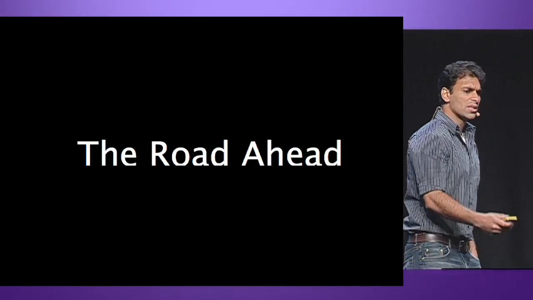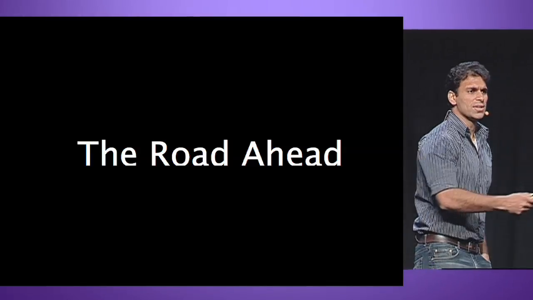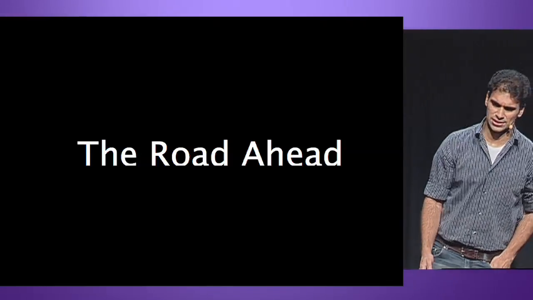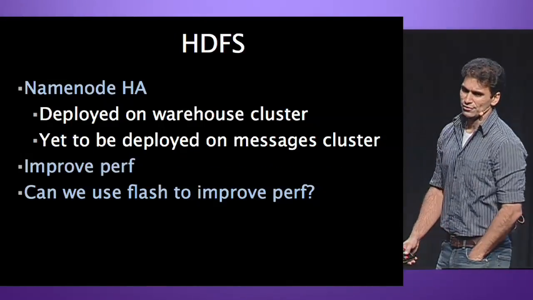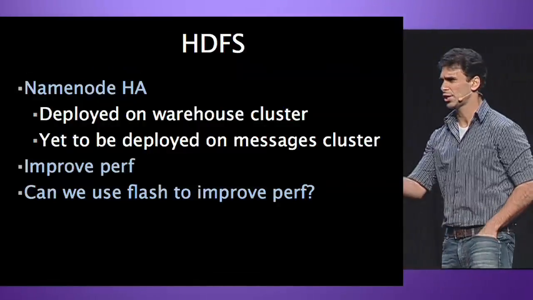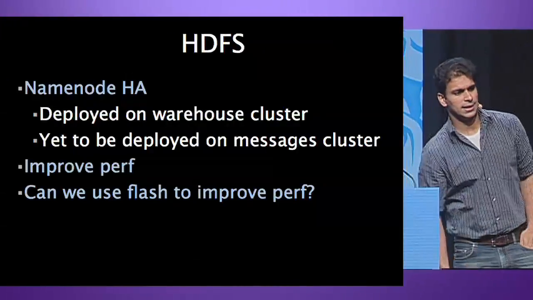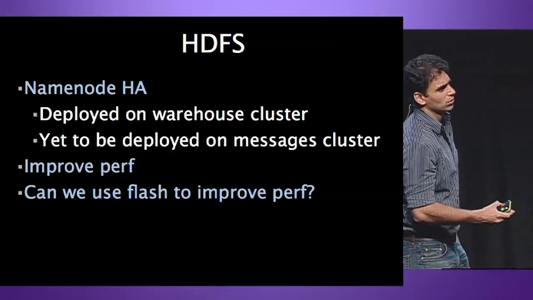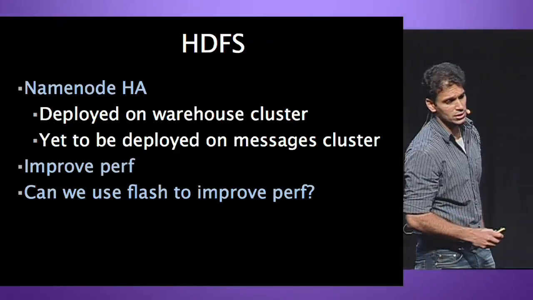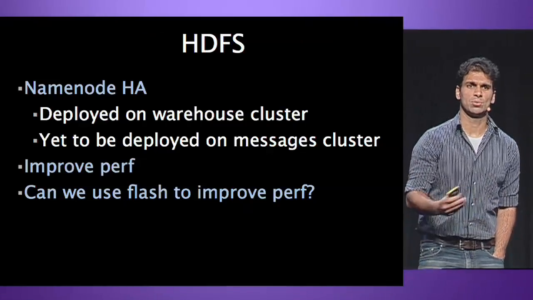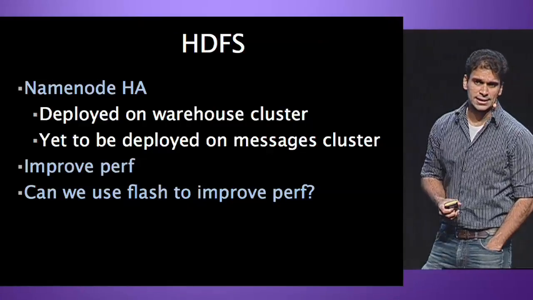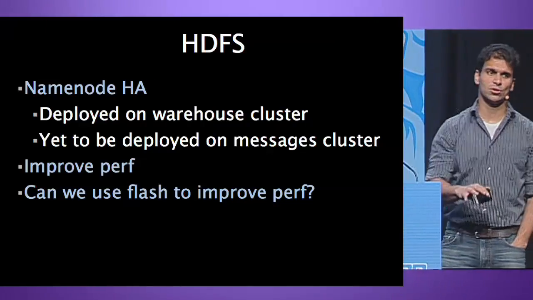All right, so I'm going to give you guys a very quick flavor of what we are thinking about internally with respect to HBase and HDFS and what the road ahead looks like. So HDFS. One of the things we really want to work on is the NameNode HA. It's been mentioned a couple times before. The idea is that today, if the NameNode goes down, the secondary NameNode has to be promoted. The entire HBase cluster would go down. So we want to be able to avoid this. We want the secondary NameNode to be able to take over pretty seamlessly. And this is something where we have some code for, we have a direction for it.